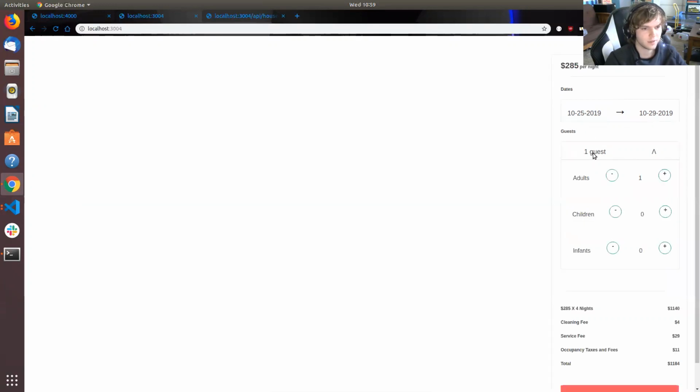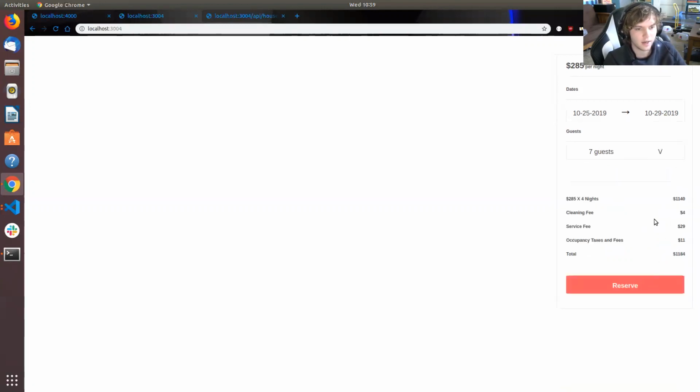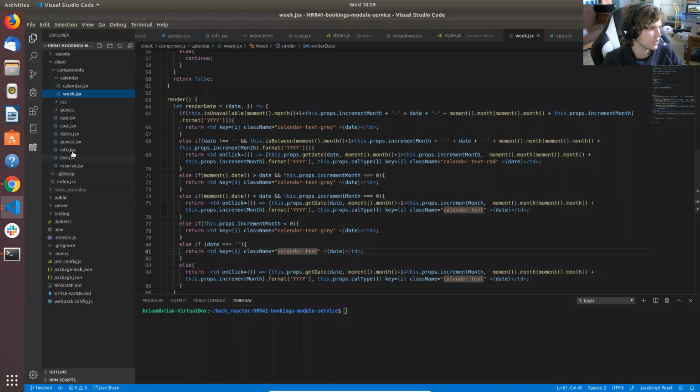The guest component was pretty easy. This is just stuff that I store in the state of my main app, and then I pass down as a prop into my guest component. It updates to 7 guests. I'll talk about the info component. So inside of info.jsx,